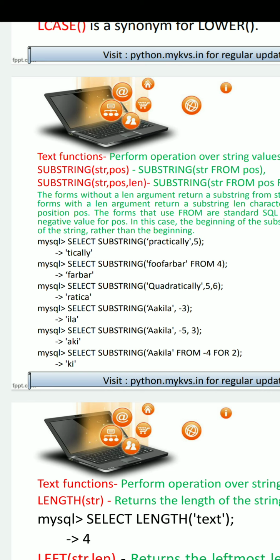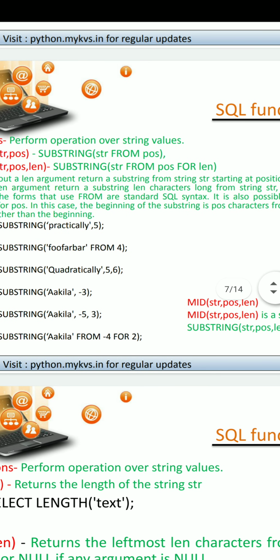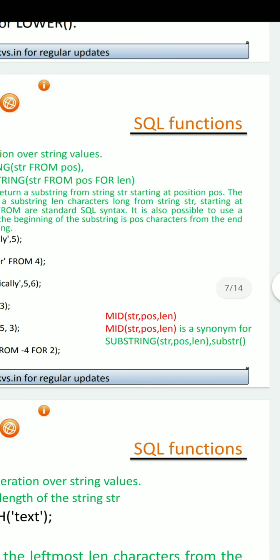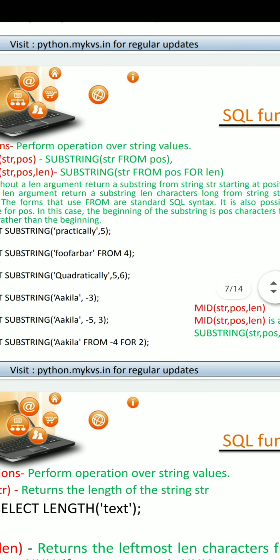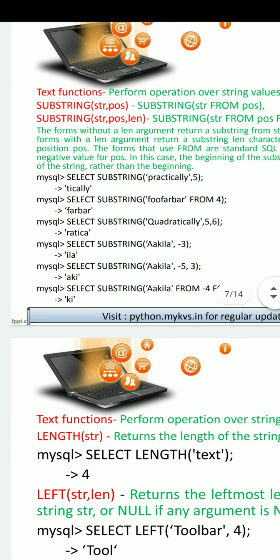Next is select substring, then Akila from -4th position up to 2 characters. Okay, so here we are mentioning position from -4, and how many characters, with the use of 2. So at -4 position it is K and 2 characters, so KI is returned. So when we are finding a substring here, the function mid also performs the same operation as the substring function performs. So either we can use the mid function or we can use the substring function. Okay, we do it practically.